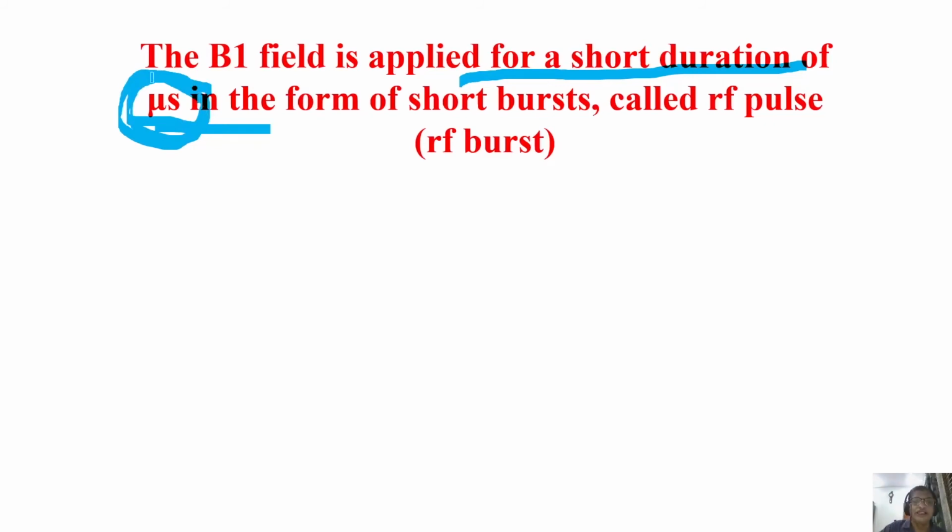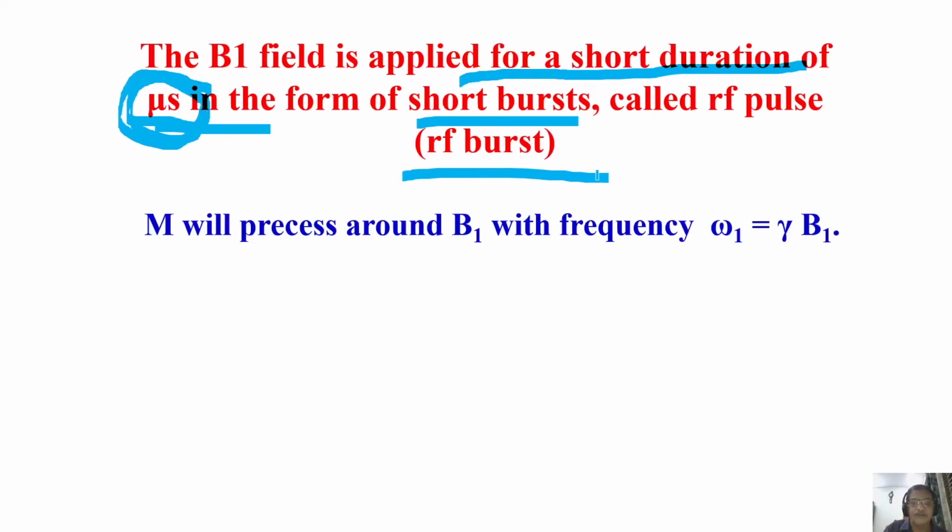This is called a short burst of RF, also called an RF pulse. An RF pulse is nothing but a burst of RF, a sharp pulse. For a microsecond, you apply it like giving a quick shot, like a tuck. You send one pulse for a microsecond, apply it, and keep quiet. That's all you do, like a flash. You flash the RF pulse for 5 microseconds once and keep quiet. After some time, you can apply it once again and keep quiet. That is like sending the burst of RF in flashes. That's what we do.